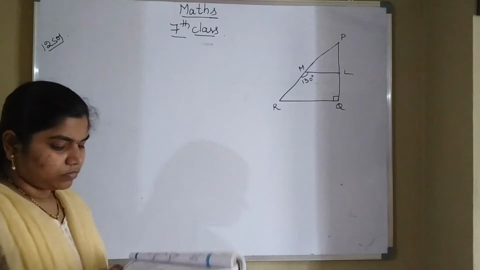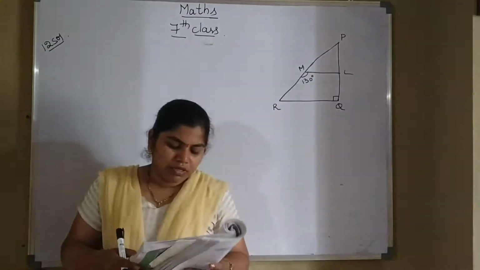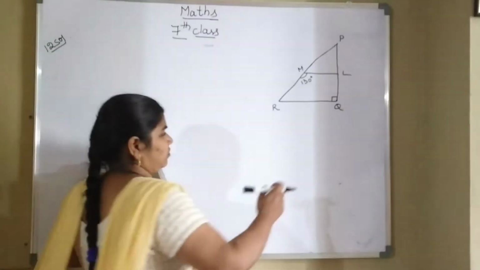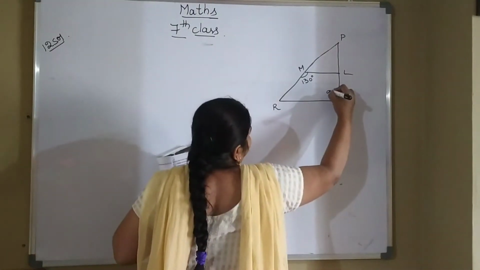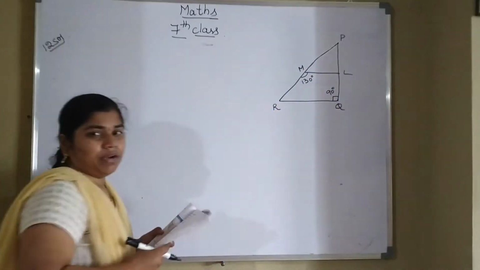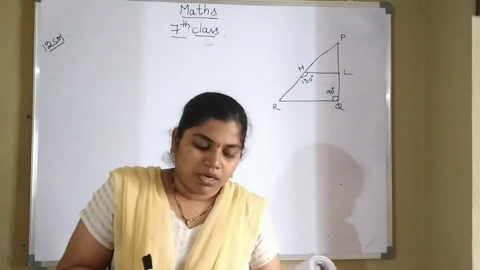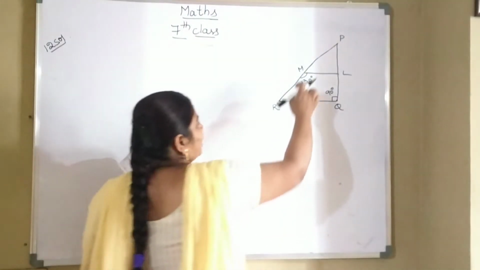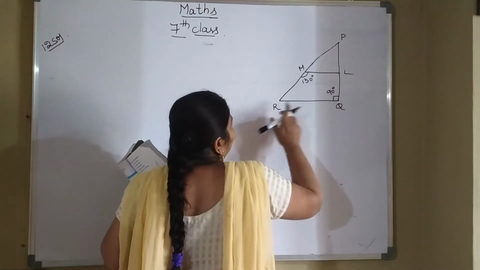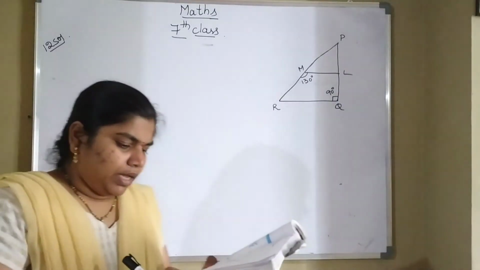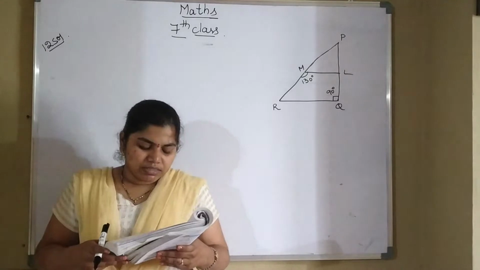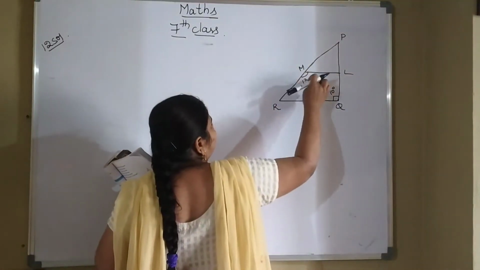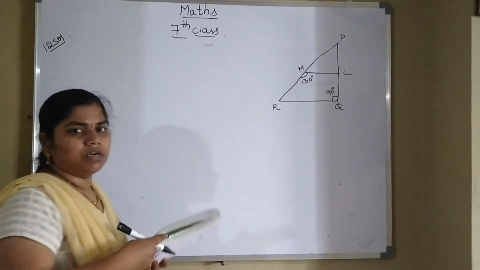So, what we have to find in a figure, triangle PQR is a right angle triangle at Q. This is a right angle triangle, that means this angle will be equal to 90 degrees. So, angle Q is how much? 90 degrees. And ML is parallel to RQ. This ML line segment is parallel to RQ line segment. Okay, next. And LMR is equal to 130 degrees. What they have given? LMR, that means angle M is equal to 130 degrees.